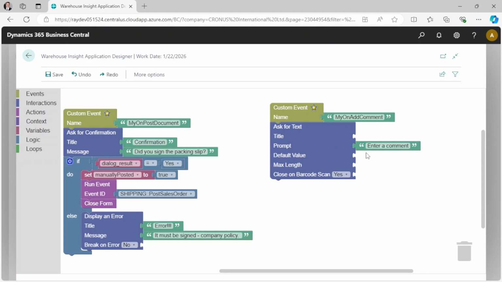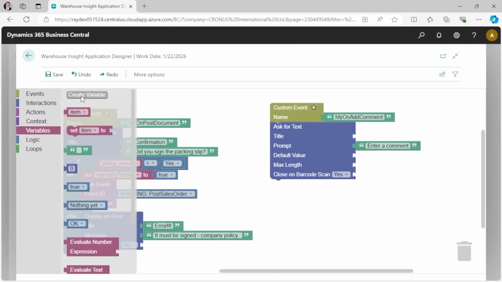Whether or not it has to have a default value doesn't matter. You can specify max length, like 50 characters, whatever you want. We'll get into all the details. If you do want to see more details about these blocks, I'll have a link I can show you afterwards. Okay, close on barcode scan, and then if they did okay, variables,